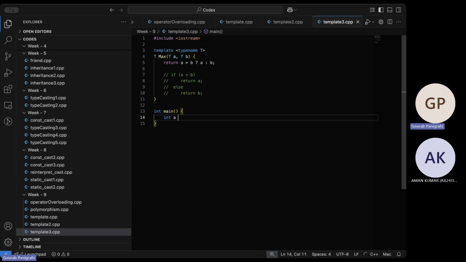So let's take an example. Let's say A equals 6 and, yeah, let's say B is 7. Why not? And then yeah, let's have C is 6.1 and D is 7.1.